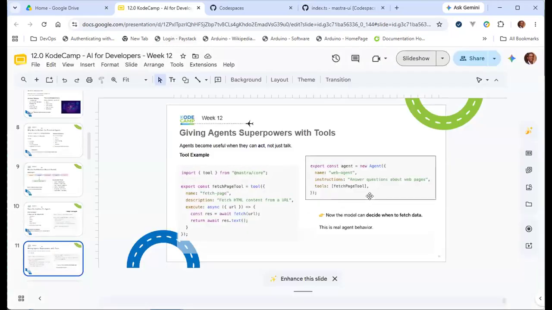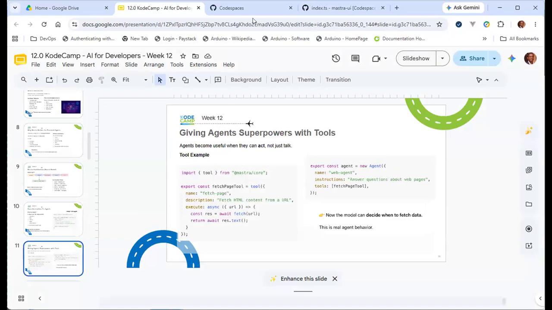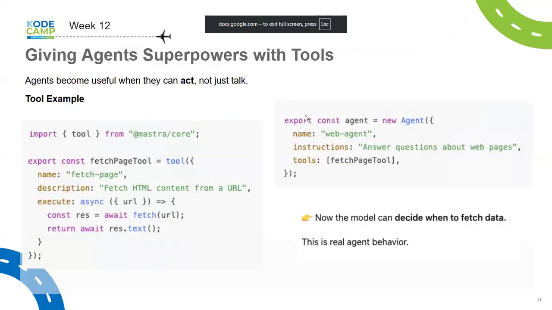Okay. So now the next thing is, you create an agent, and if you create an agent, then how do you give it tools? So you use this approach to give it tools, right? And you can define a tool by just using this construct.